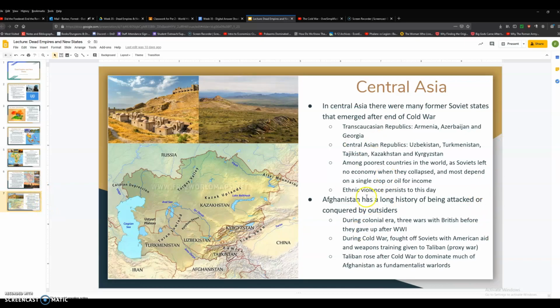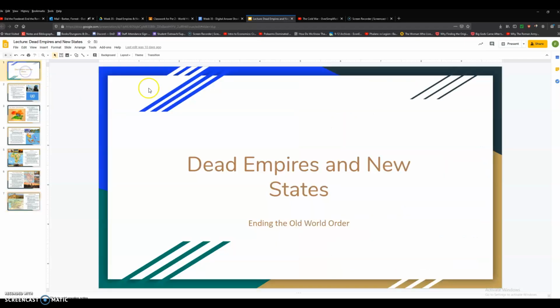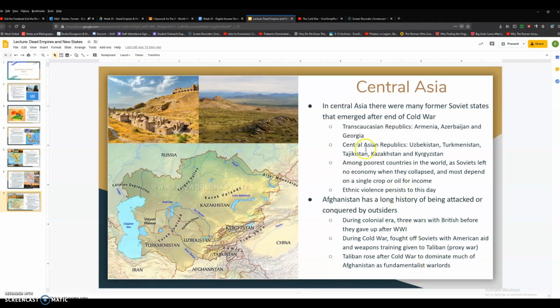I did have to cut the Central Asia one short because I literally ran up to the 15-minute time limit. So just make sure you guys actually read through it. Central Asia is one of those places that Americans especially basically never think about, except maybe to remember that Afghanistan's that one place where we sort of, I guess, won a war, kind of. But Central Asia has a fascinating history because places like Afghanistan or Transoxania have been crossroads of trade from the East and the West and the Old World for millennia. So there's a lot of good history there.